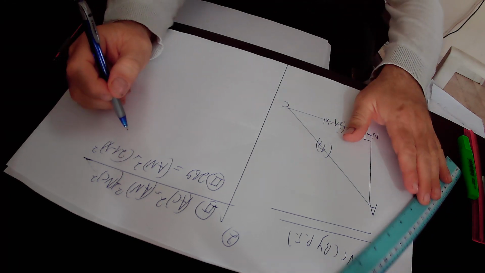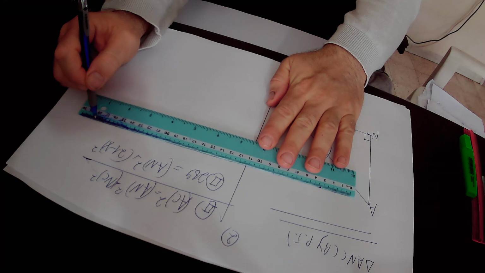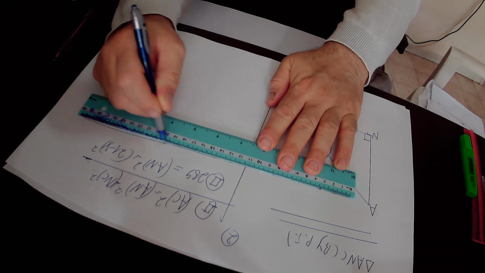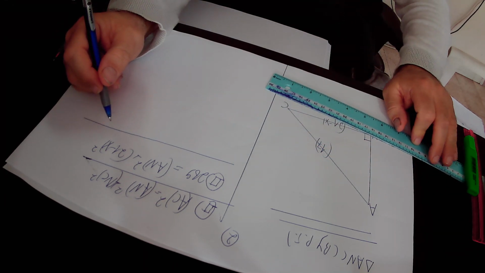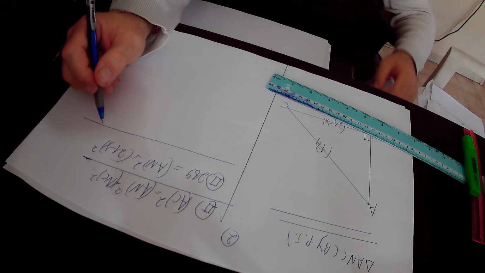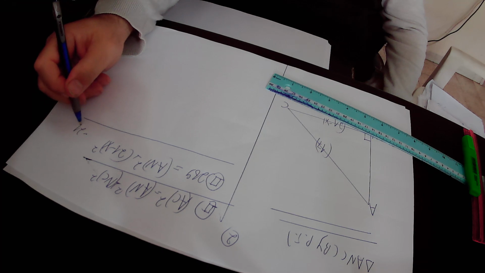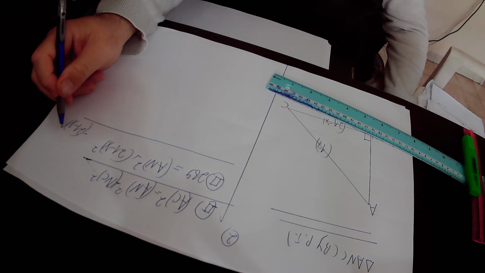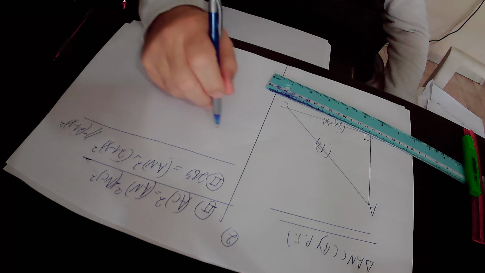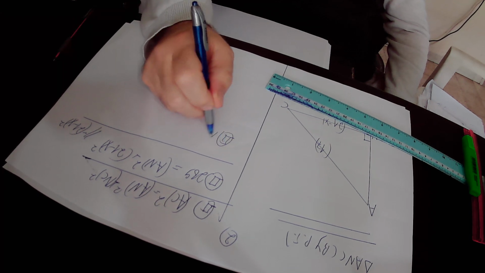So according to equation 2, 289 equals AN squared plus (21 minus x) squared. Here we subtract (21 minus x) squared from equation 2, and we get that AN squared